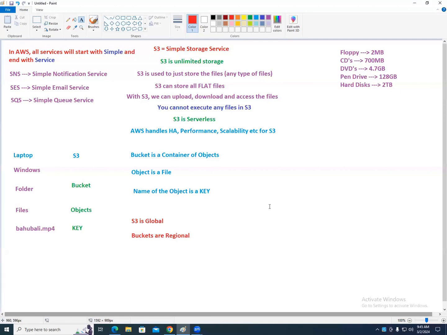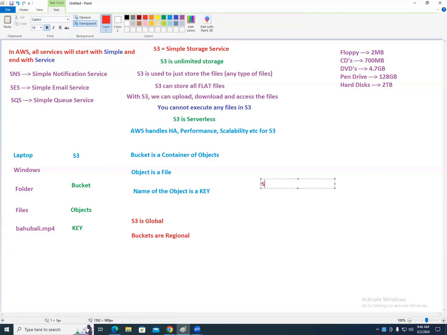Understood? So remember, in any certification question or interview question related to a static website, which service will you deploy? S3, because S3 supports static websites. As it is serverless, do you need to worry about performance, scalability, everything? Nothing. It's completely managed by S3. So isn't it good to have your static website in S3 or EC2?